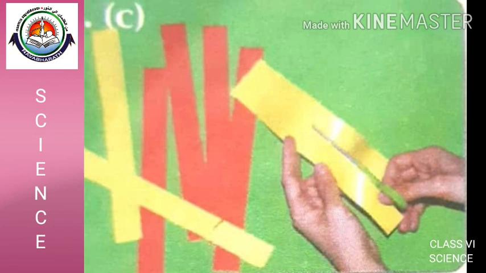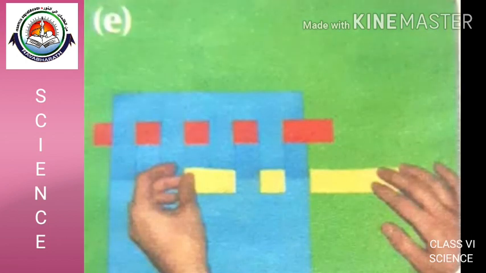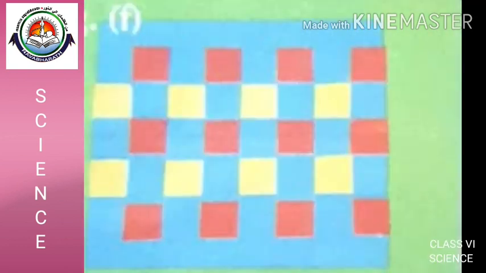Cut strips of paper 1 inch apart from the other colored square papers. Take a strip and weave it alternately over and under the strips in the first sheet. Then weave the remaining strips one by one through the cuts in the sheet of paper. So, we obtain this pattern after weaving all strips. This is all about this activity.